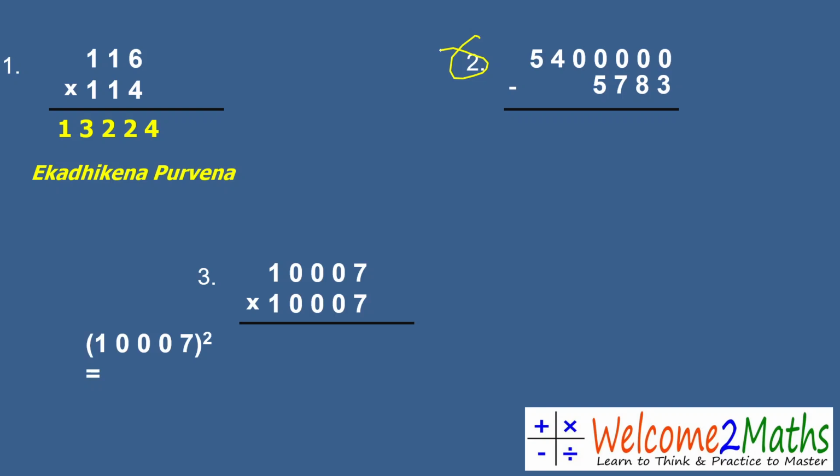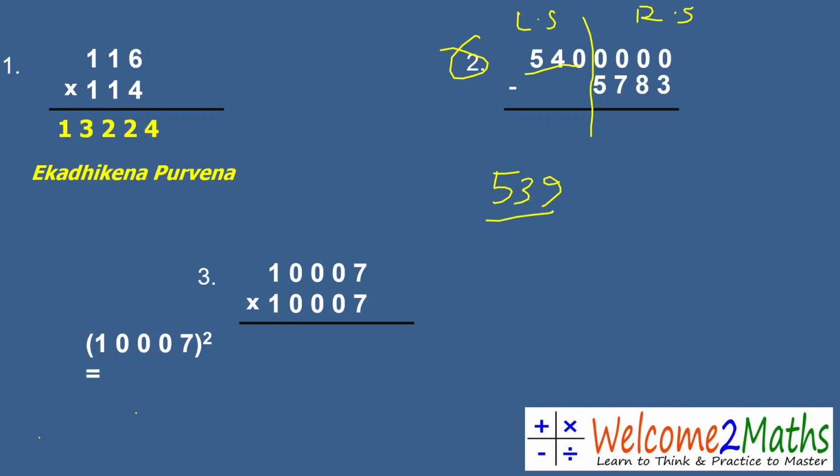To solve this subtraction, we have to make a partition here. This side is our left hand side and this is our right hand side. In our subtrahend, the smaller number, it is a 4-digit number, so in the right hand side we are leaving 4 zeros. Now for the left hand side, we will subtract 1 from the left hand side. That means our left hand side becomes 539.